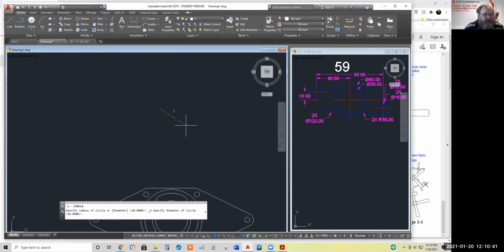I think this will be enough space. 30, enter for the small circle. Center diameter again, and 40, enter for the larger circle. Draw some guidelines from the center out, 40 units to the left, and 10 units straight up will give us an endpoint at